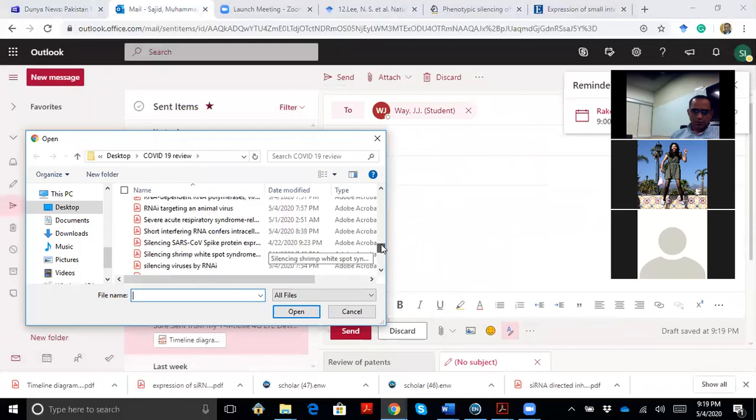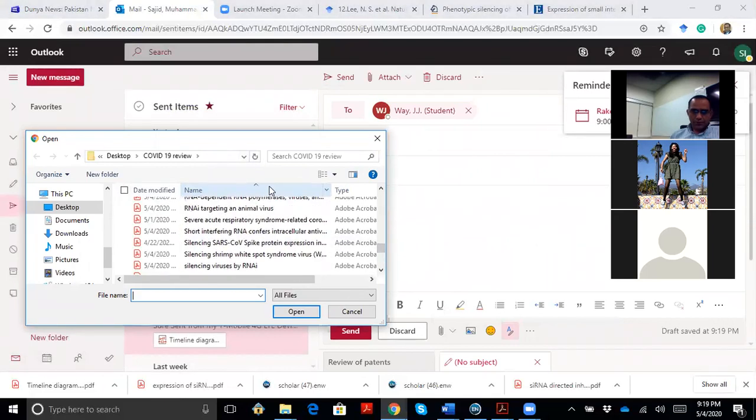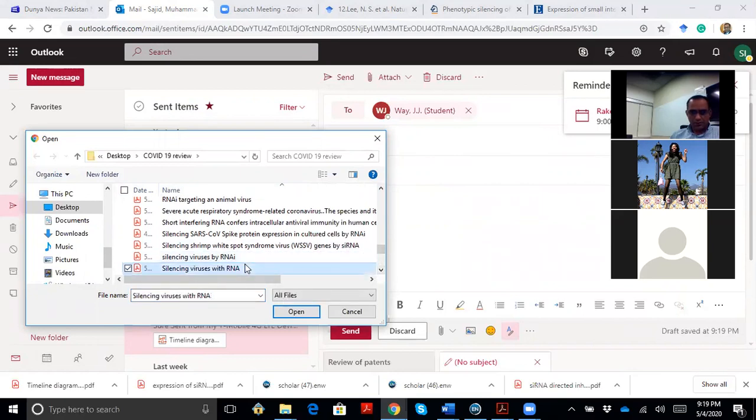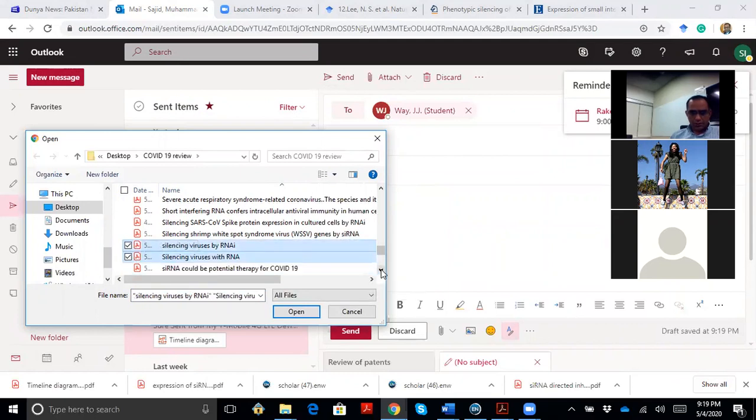I am going to send you a few papers, and you can search for more papers as well. For instance, this one: silencing viruses with RNA.